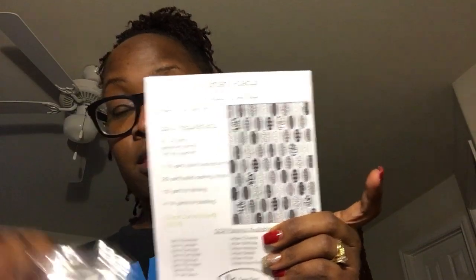8.5 inches. So that's a nice size. A nice big fat chunk. Oh my goodness. I need to stop reading this, because if I get to reading it, I'll get nervous and won't do it. But yeah, I want to use this for the yardage that I showed before, because I